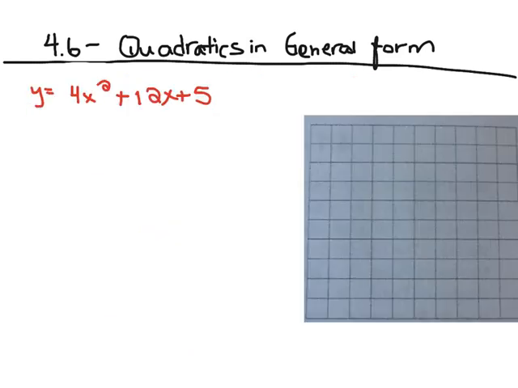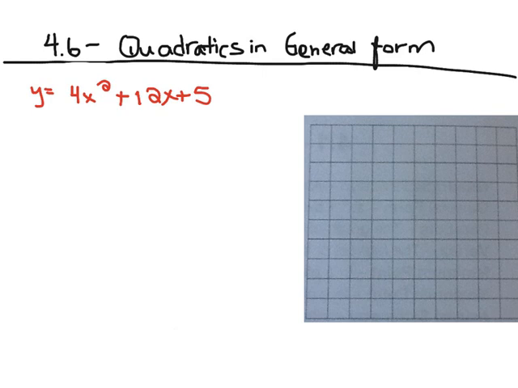Sketch a graph of the following. So we have 4x squared plus 12x plus 5. When we're graphing, we should first check our discriminant to see if you can factor first. If you can factor, we'll do that. If not, we're going to have to do something else. So our discriminant